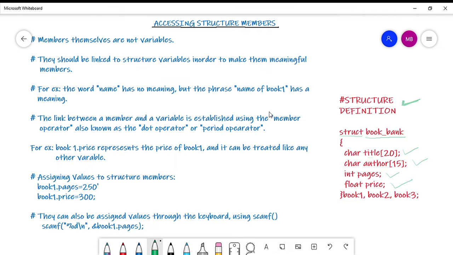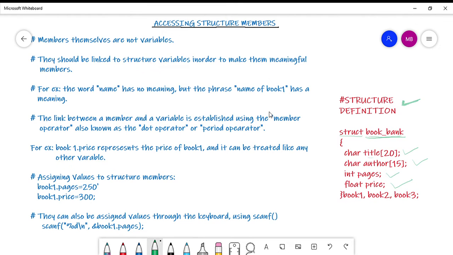Then any such variable would have a member known as author, which is an array whose length is 15. It would have a member known as pages whose data type is integer. It would have a member known as price whose data type would be float. So this is a template which you are providing for the variables that would be declared in future using the structure tag, right?